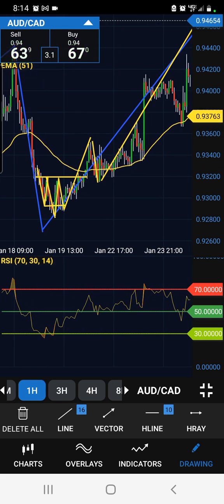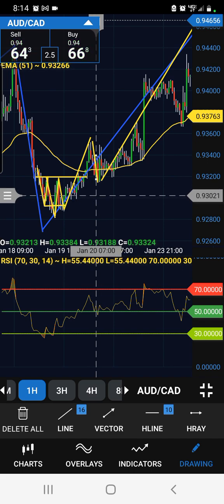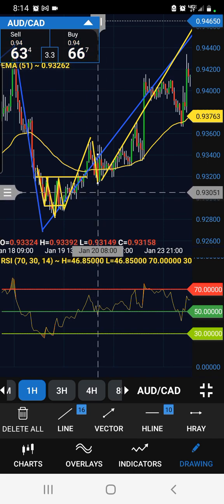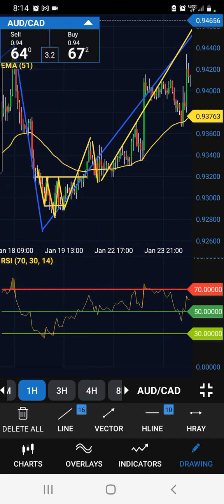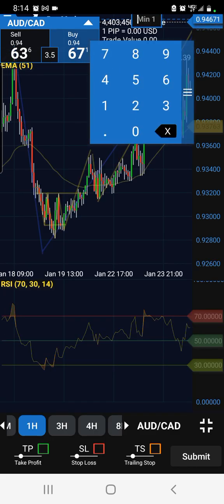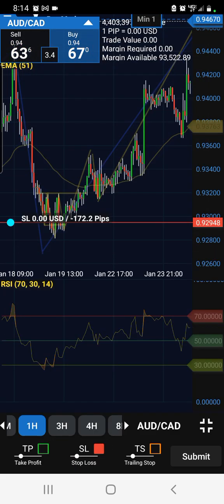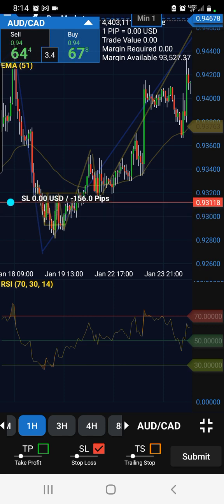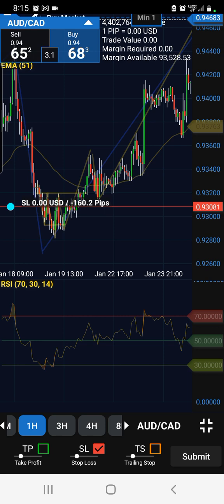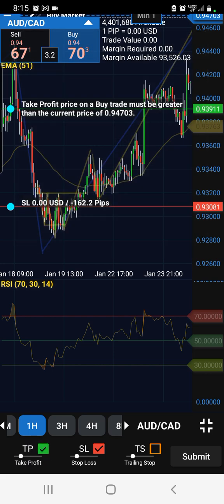Now, I set my stop loss somewhere down here, below the lows of this pullback right here. So if I had entered the trade, I would have set my stop loss somewhere down here, and my take profit probably 2 times the stop loss. You got 160, times 2, that's 320. So my take profit